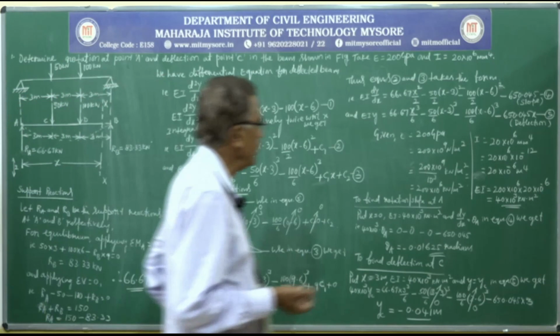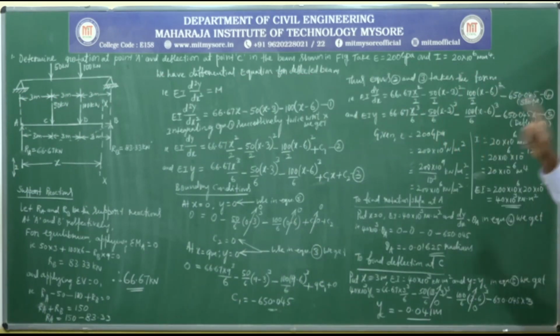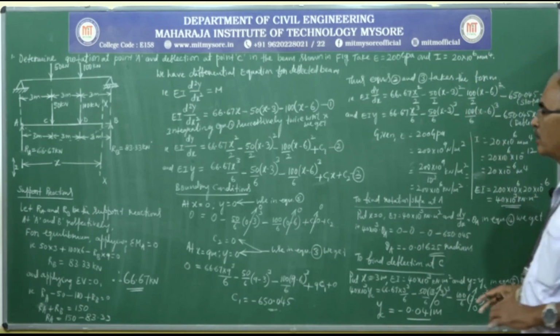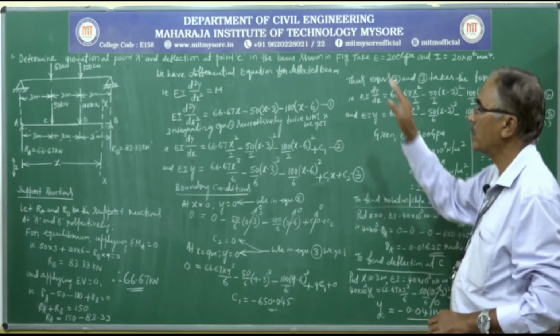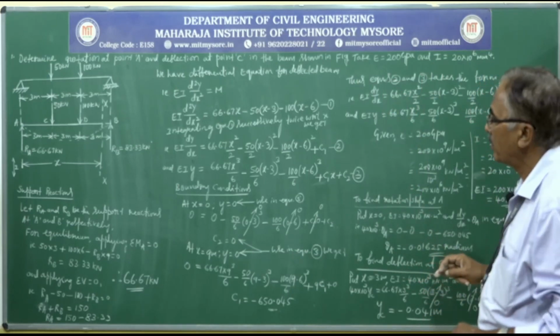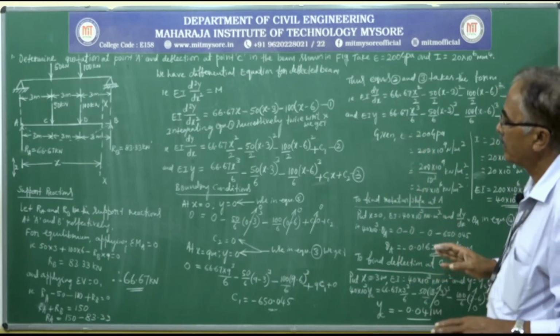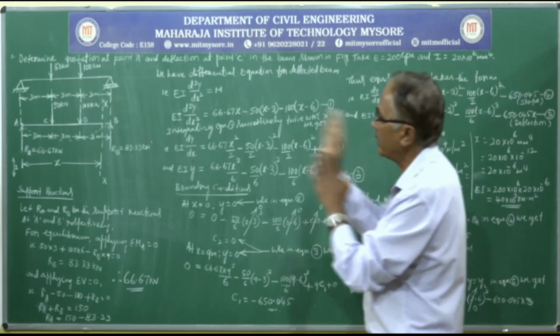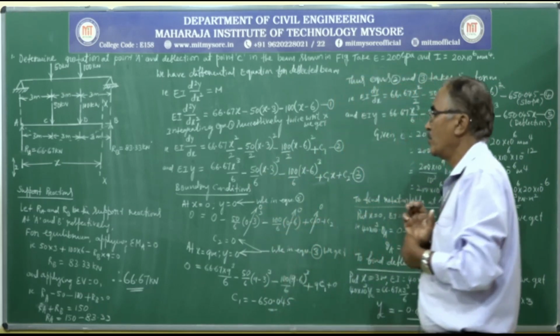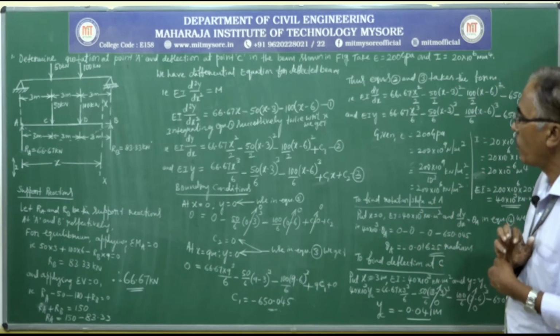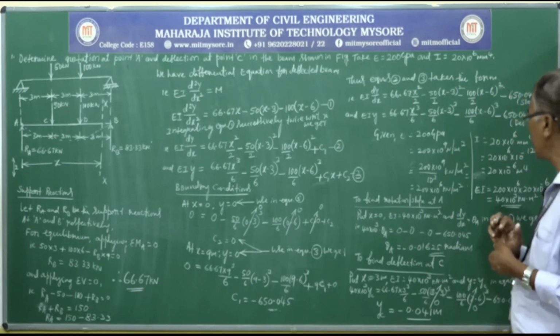So in this way we can comfortably solve slope and deflection at any given point, and this is the procedure. This is purely based on Macaulay's procedure, using the same sign conventions to calculate support reactions, and the bending moment equation we have written at a section by considering forces to the left hand side, and selected the origin at the extreme left hand side and proceeded.